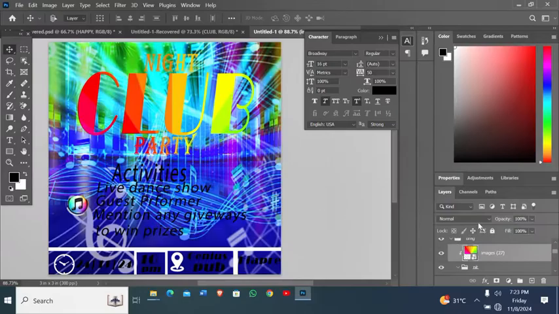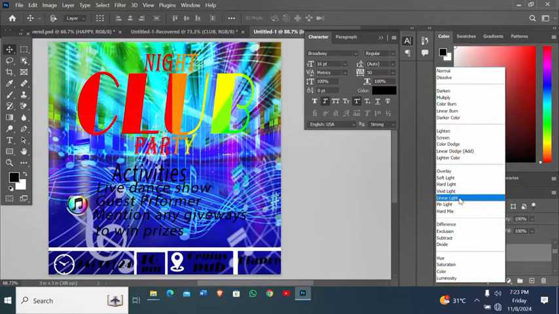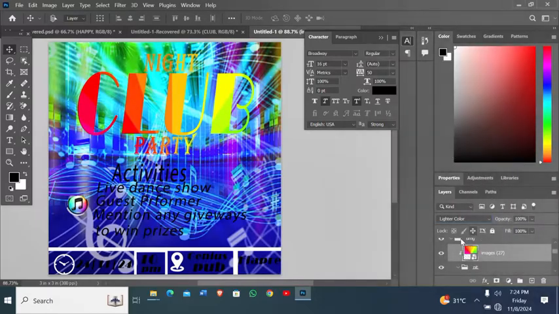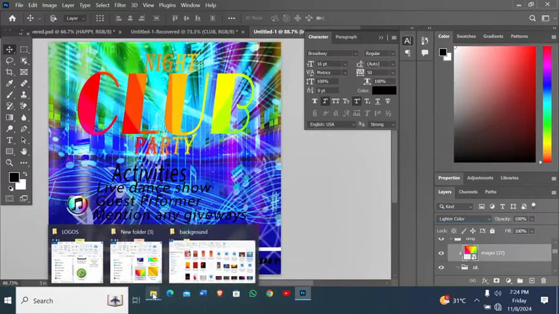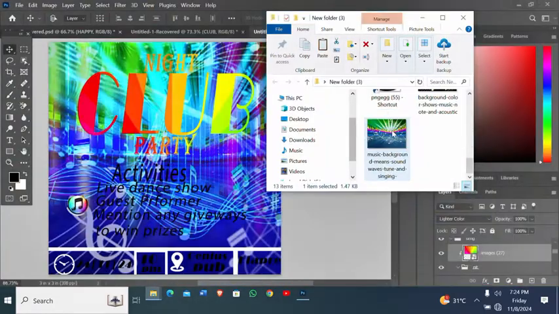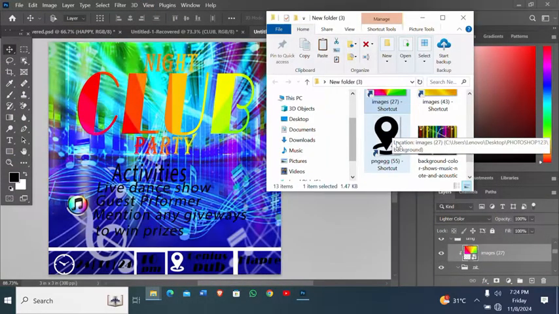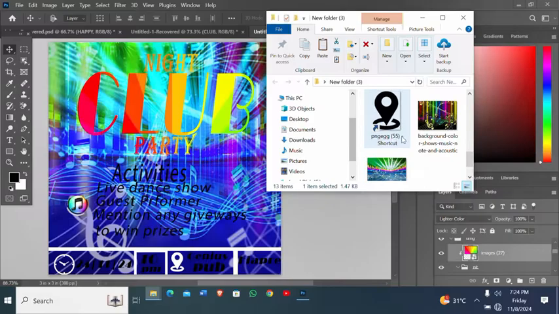So after creating the clipping mask, I will then blend it. I'm going to use the lighter color as the blending mode for this image. So that same image, I'll come and add this image to it